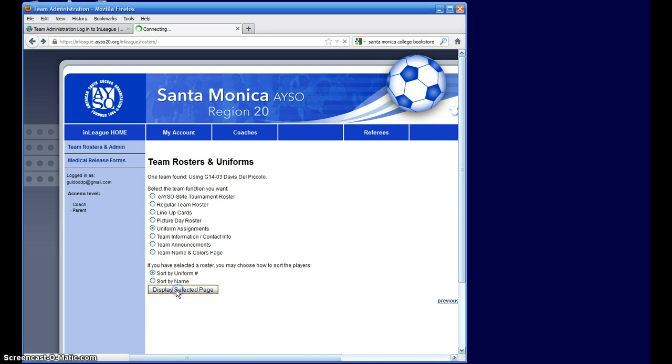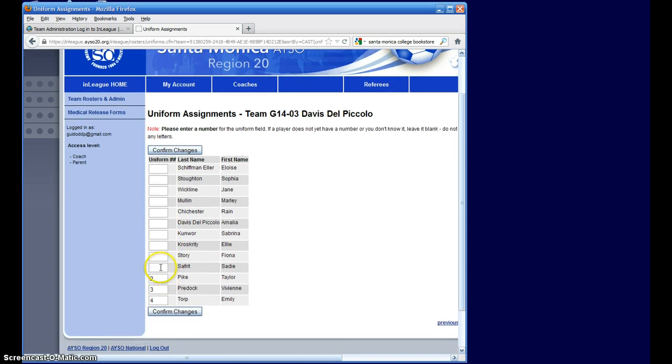Uniform assignments, display selected page, and so let's say this is uniform 6, this is 7, 8, 9, 10, 11, 12, 13, 14, and 15. I confirm that,